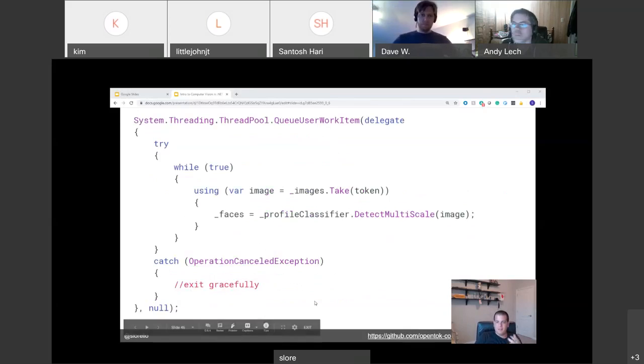So meanwhile, this bit of code is spinning in the background. This is actually where the faces are being detected. Notice how we start this in the thread pool. Like I said, we want this operation to run on a completely different thread from the main operation so that nothing is blocked. I use the blocking collection, which is under the hood using a concurrent stack for this images